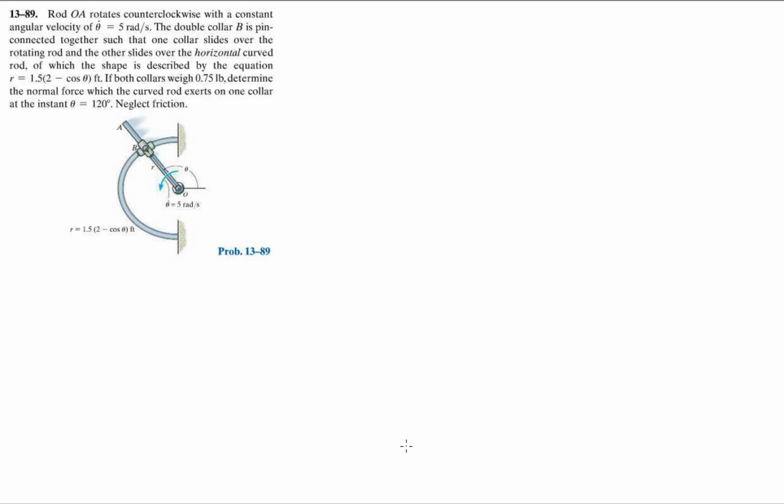Back to problems from chapter 13. We're in dynamics. As promised, I'm going to be doing some problems from the actual problem sets. In this chapter, I feel like a lot of people kind of drop off. This is where things get a little complicated. So I just wanted to do a few more problems from the actual problem set to give you even